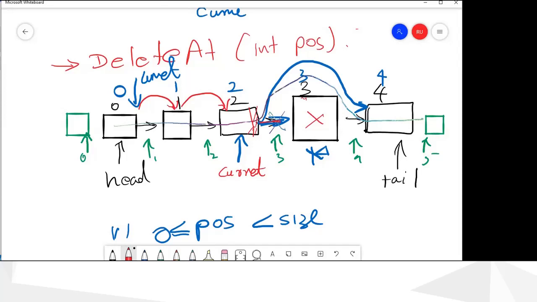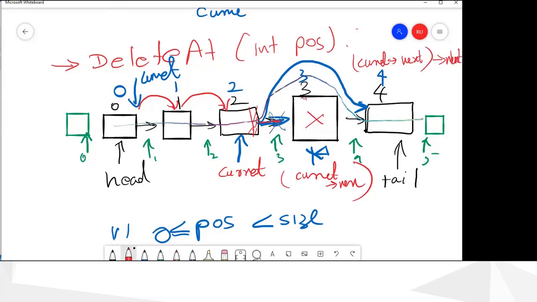If you stop here, we can access this one, and we can access this one, because we have forward links. So we can access all these nodes. This is current, and current next is this one, and that one's next is this one.